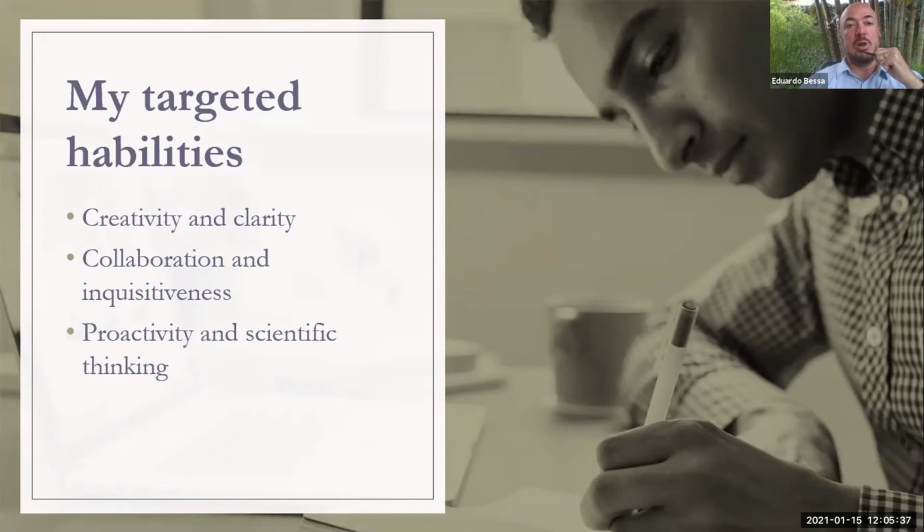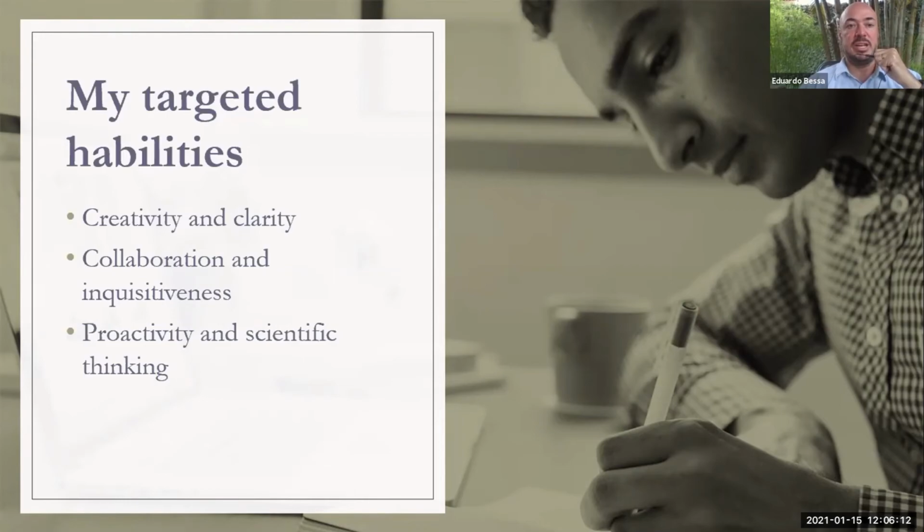Further, I wanted them to collaborate mostly with society. So I want them to use citizen science projects to develop their own knowledge of animal behavior, and their inquisitiveness, their capacity of posing questions. And finally, I wanted them to be proactive and own their learning, as Dan has posed before, and think scientifically. For that, we use the virtual lab,